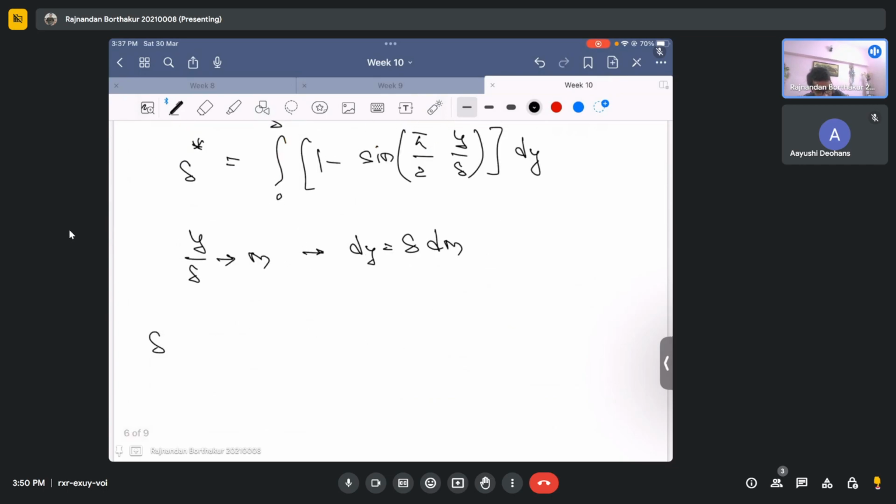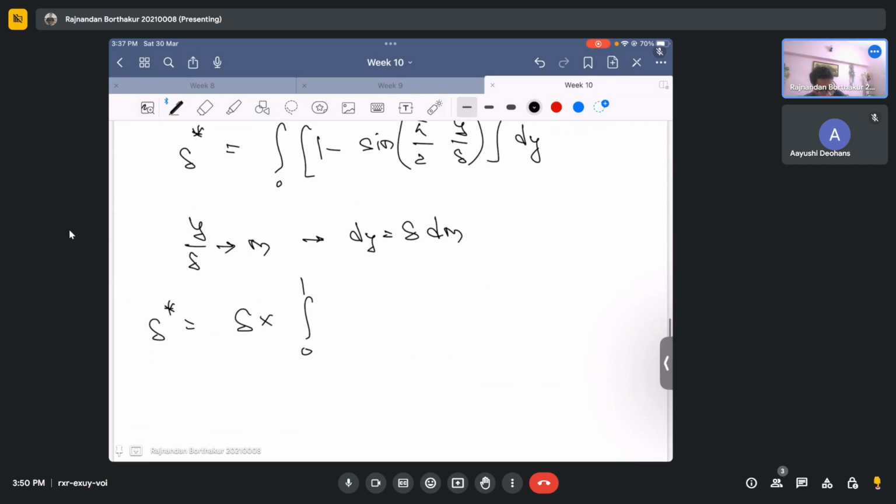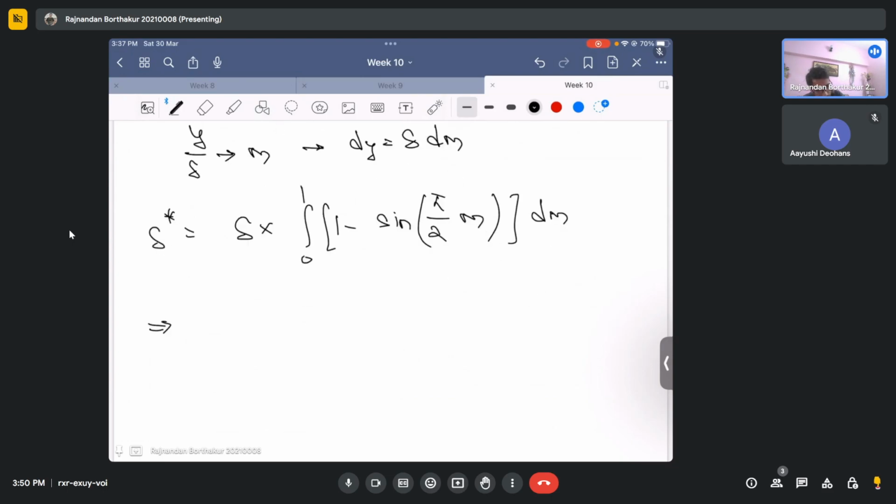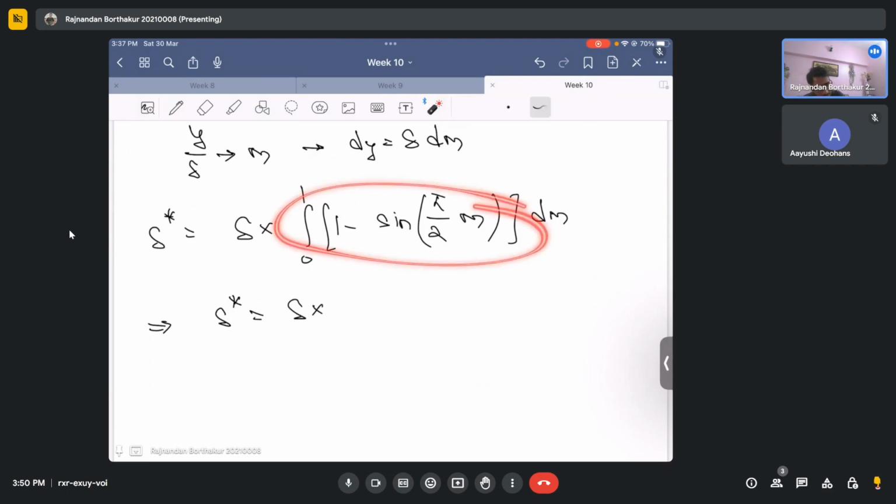This means your delta star is integral 0 to 1 of delta times 1 minus sine of pi by 2 m, dm. If you evaluate this integral, you will get delta star equal to delta times around 1 minus 2 by pi,